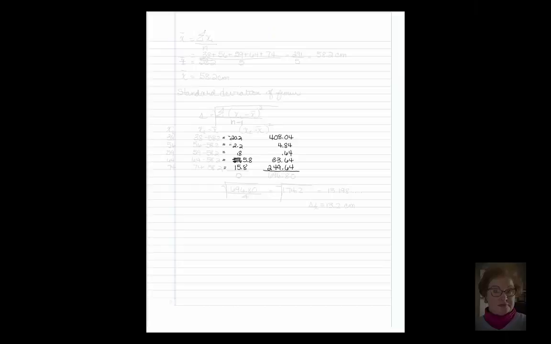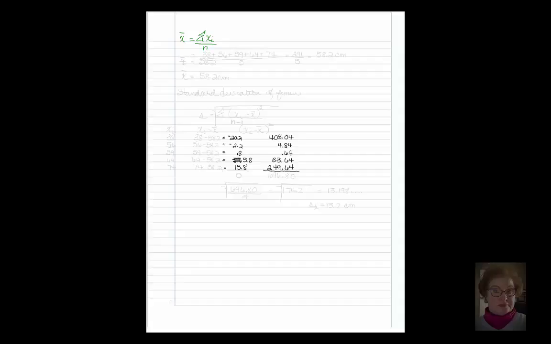So we are going to do the Archaeopteryx standard deviation and mean by hand, and I just want to show you, remember the formula for the mean is the sum of all